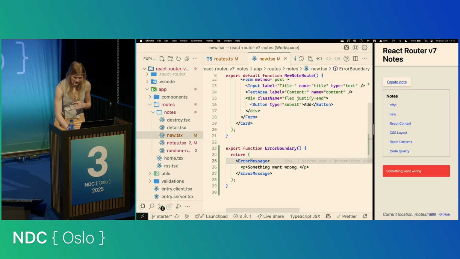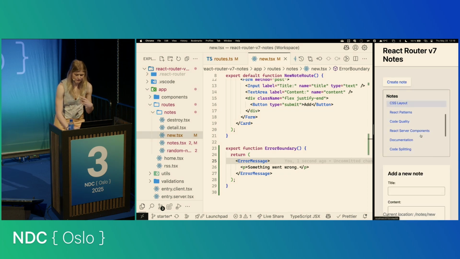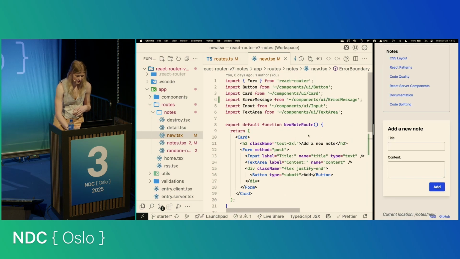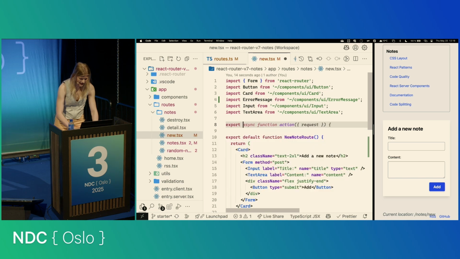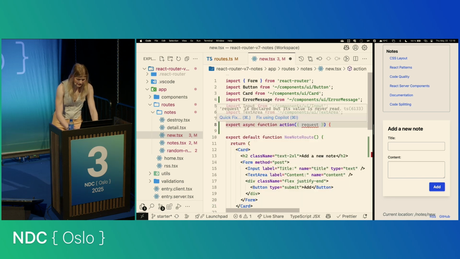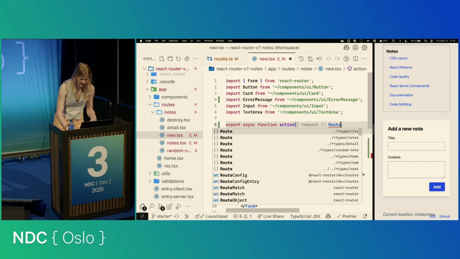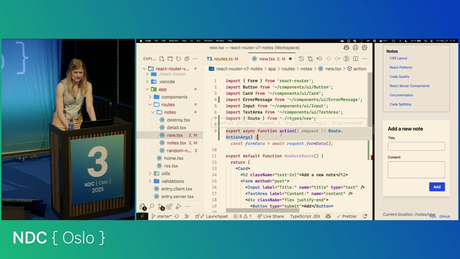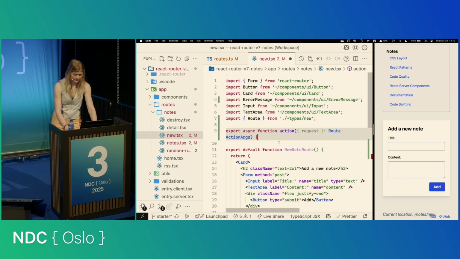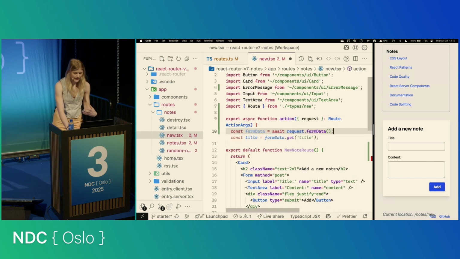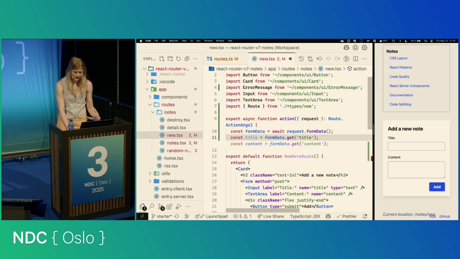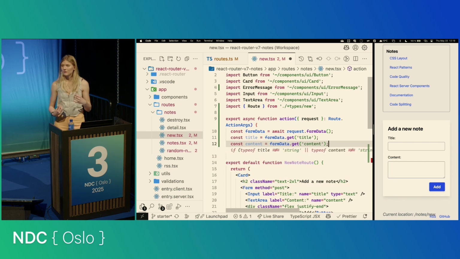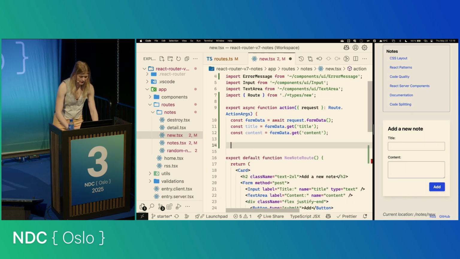But actually, I still want to make the form work. So I'm going to export an action as well here. And an action takes in a request. And this can be typed with, again, Route.ActionArgs. So this is, again, from those types that are being generated. We can get the form data from the request, get the title, get the content using the form data API. And then we can